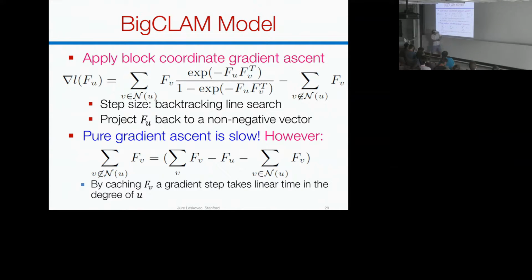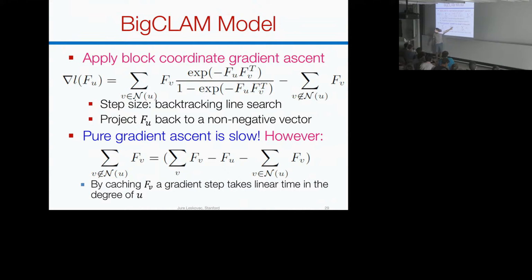This particular summation over all the non-neighbors of U can be broken down the following way. It's a summation over all the nodes, minus the factor for node U, minus the sum of the factors of the neighbors. By definition, the sum over all the non-neighbors of U is the same as the sum over everyone minus U minus the neighbors of U. Very simple, right? But why is this clever? It's clever because I can